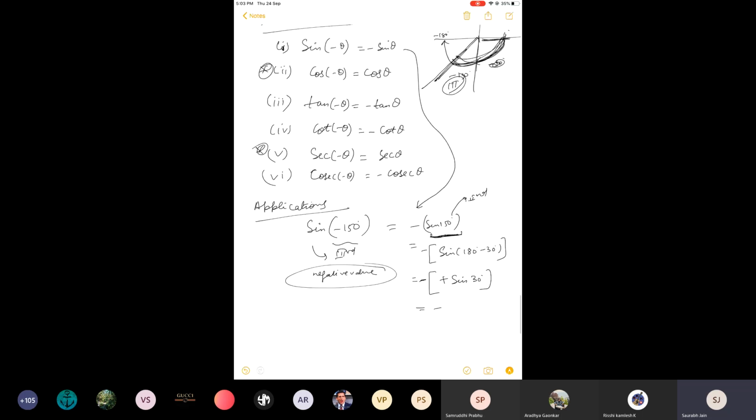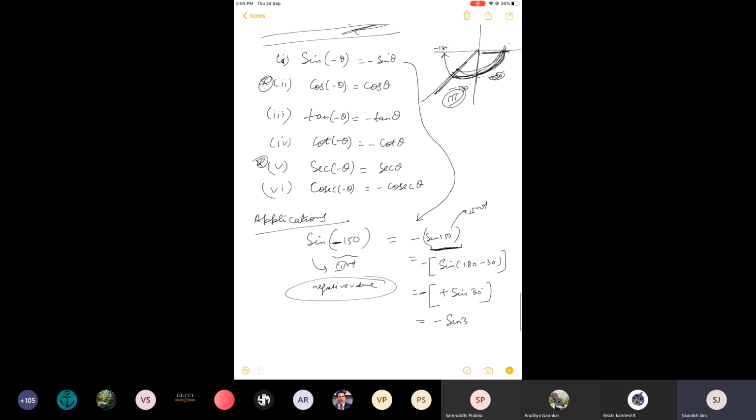So this negative is because of this formula, because the angle was given in the clockwise direction. What is the final value? The final value is minus half, which is true. Why? Because it should be a negative value. So whenever you have negative angles, these formulae will help you, and you will be able to find the answer once again with the help of the reduction formula in an easy way.